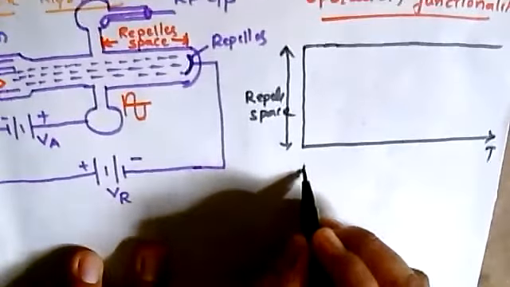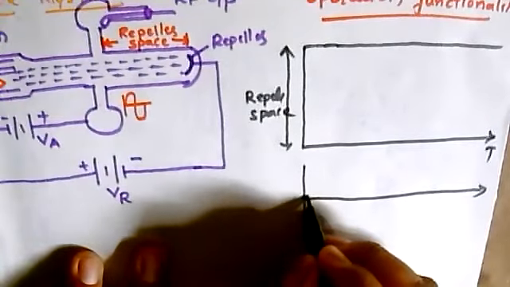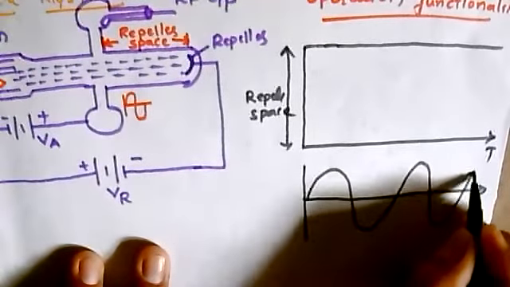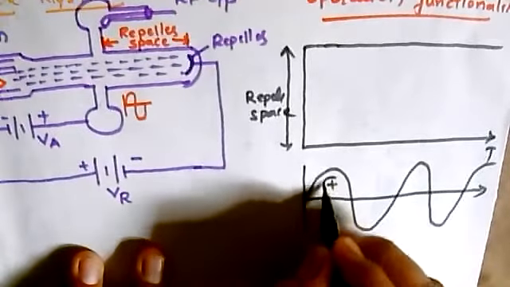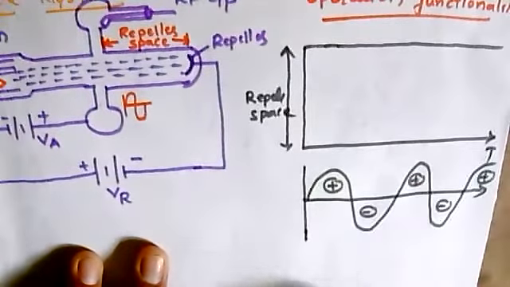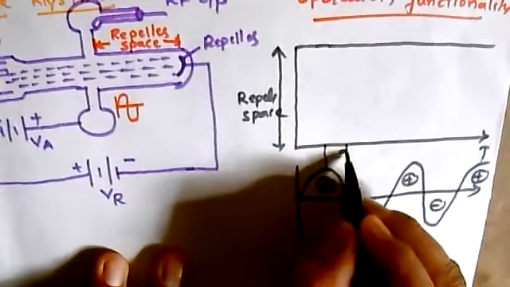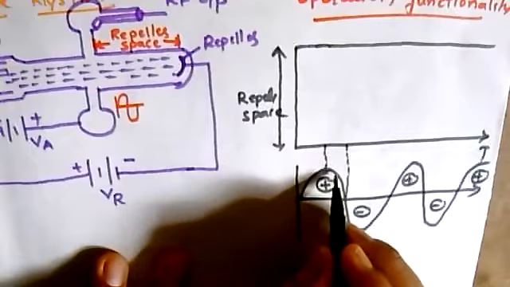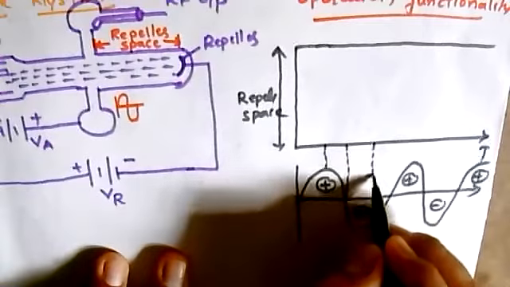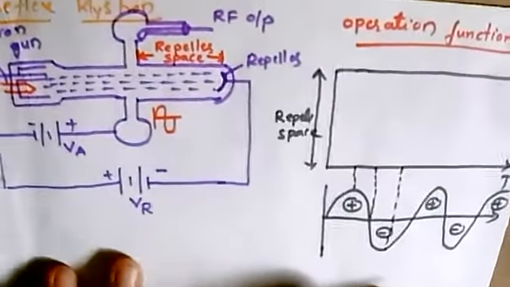So for that I am taking a reference of RF signal. This is being considered to be an RF signal. This is positive, this is negative, positive, negative, and positive. Okay, so this is the RF input. Now there are three different cases. When the electron beam is fed with RF positive, what happens? When the electron beam is fed with the reference, what happens? When it is fed with the exact negative peak, what happens? Now let me explain here.